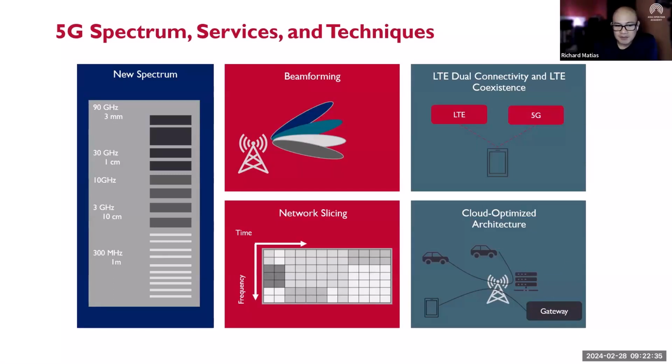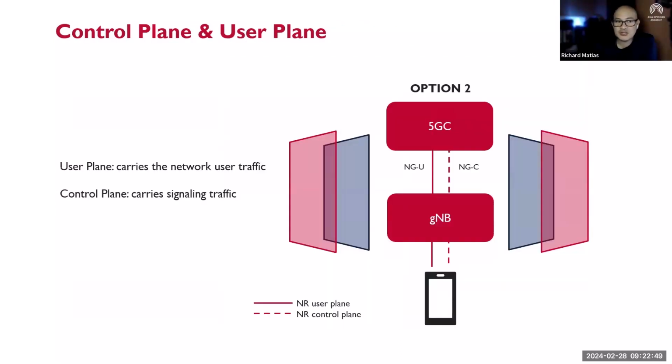So these are the concepts of 5G. Now, also in 5G, you will see the concept of the separation of the control and the user plane. This is where we separate these two entities. This separation enables the network to handle different types of traffic more efficiently, providing a better